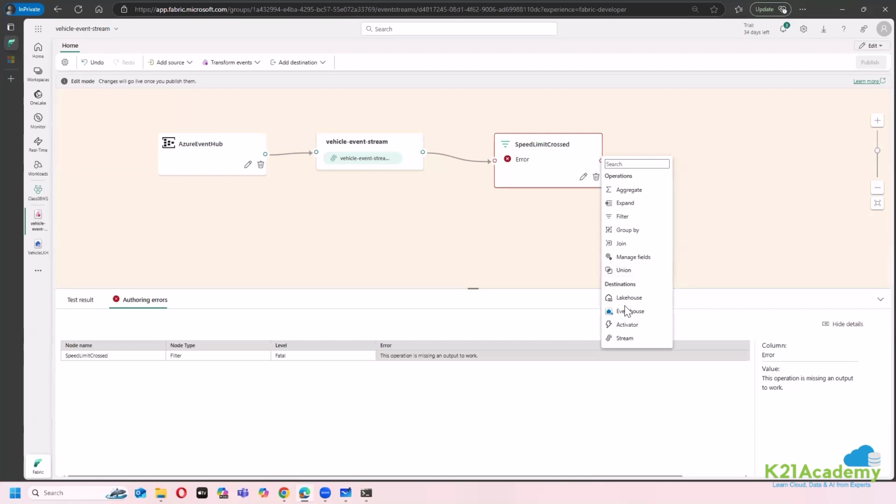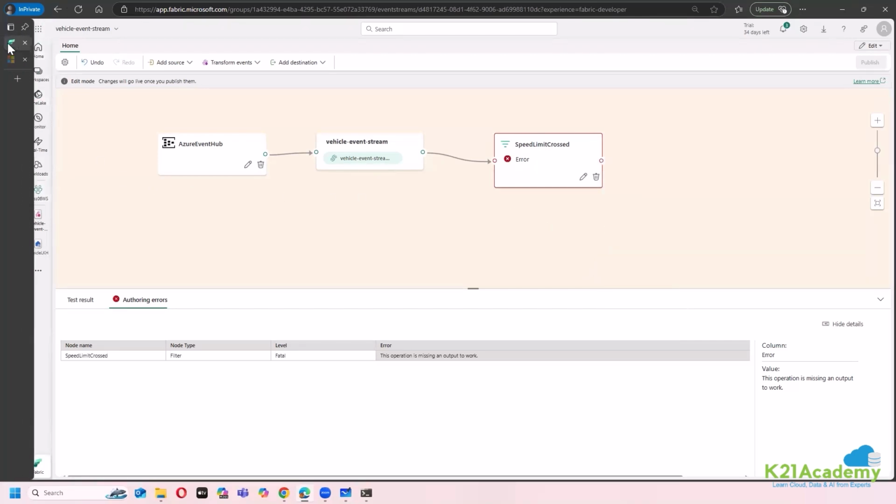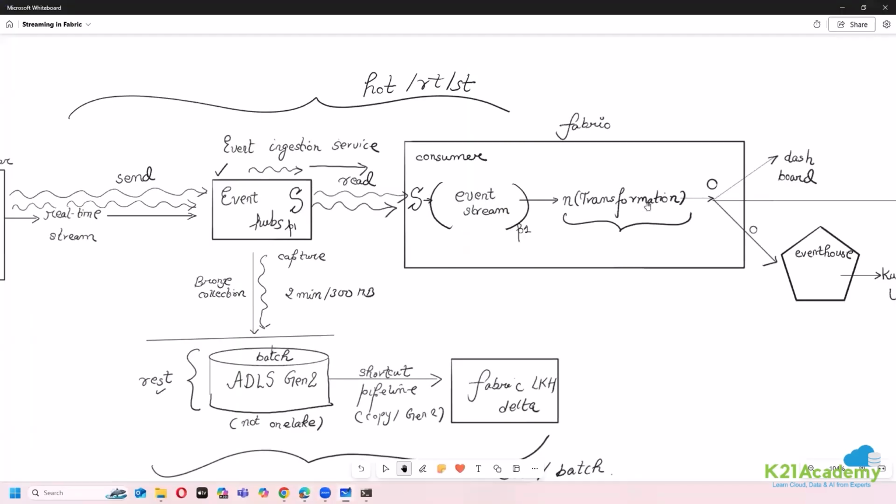So simple. Now I need to record it in the event house. So let's quickly create an event house. Okay, so I would require an event house. So duplicate. Now this part is done. Transformation is also done. Although I have a very complex notebook for you, or a very complex event stream,